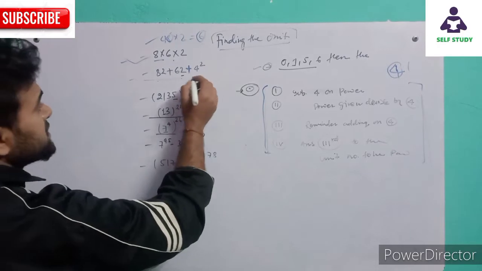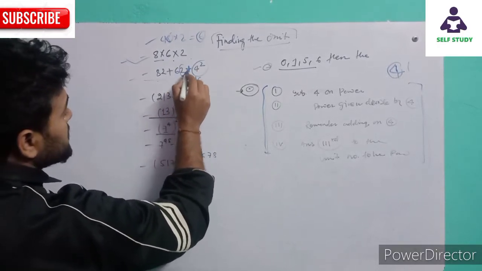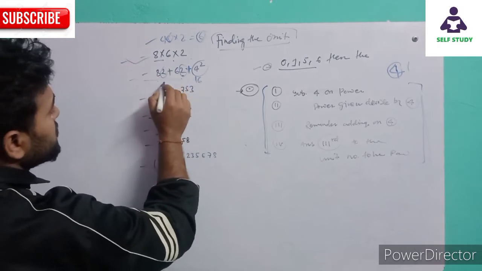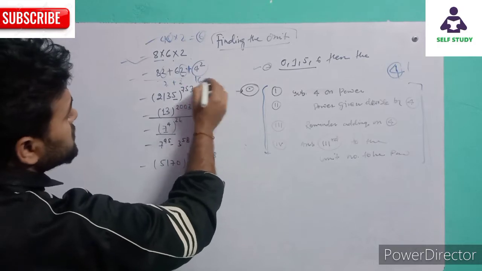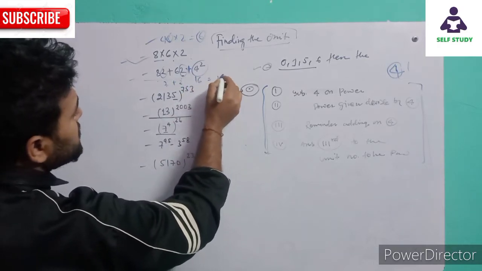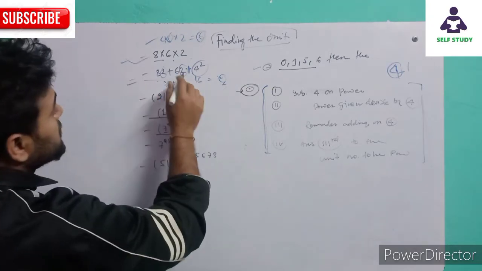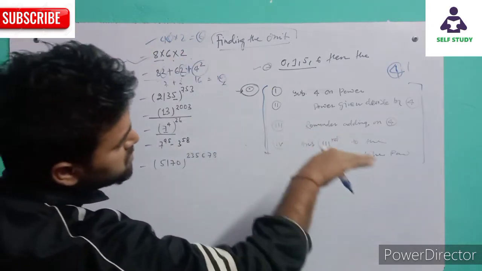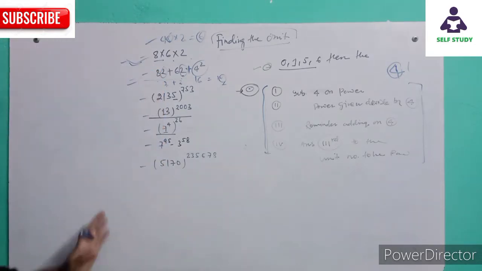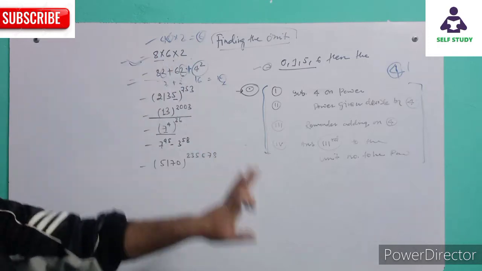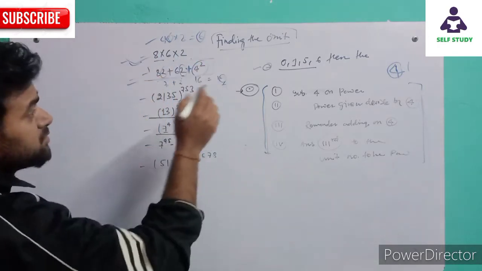So we will take first 4 square, that is 16, and we will take the unit place. 2 and 2, that is 2 plus 2, 4, 4 plus 6 is equal to 10, means the unit digit is 0. In many exam questions, this may help you in calculation. This type of question will not come in your exam, but this will help you in calculation to find the unit digit.